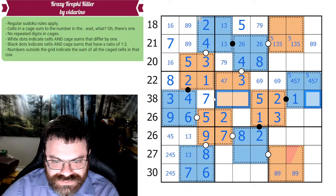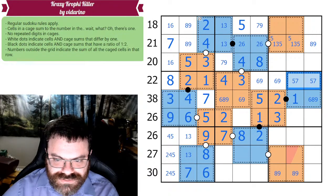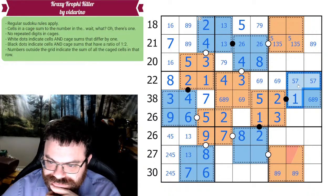These are, let's see, 1, 2, 3, 4, 5. These are 6, 8, 9. That can't be 8. Oh, this 7 sees up. That's a 4. 5, 7 pair. I bet you... Oh, these add to the same amount. This has to be pretty restricted. What do these add up to already? 13, it looks like. So...